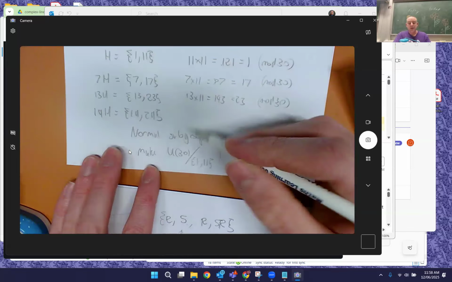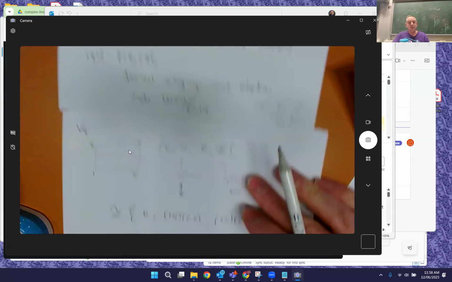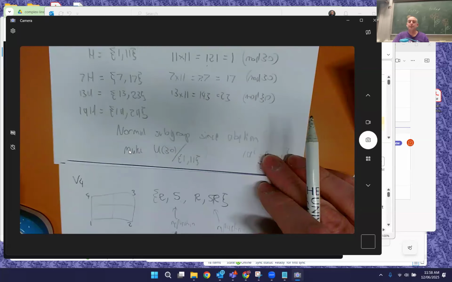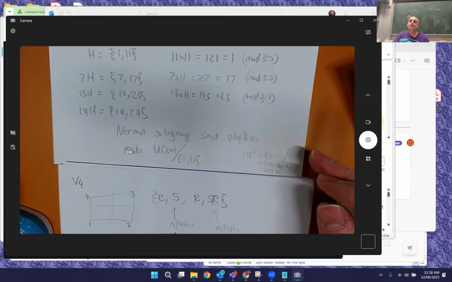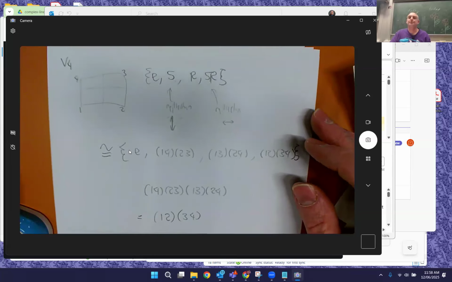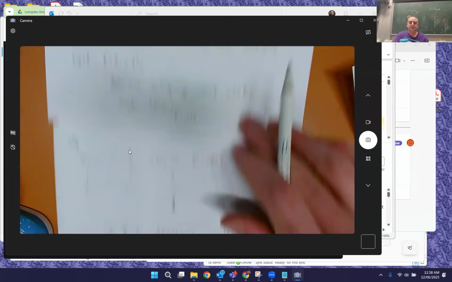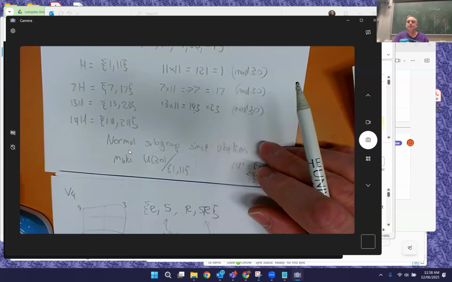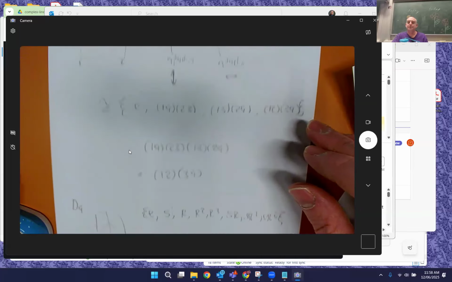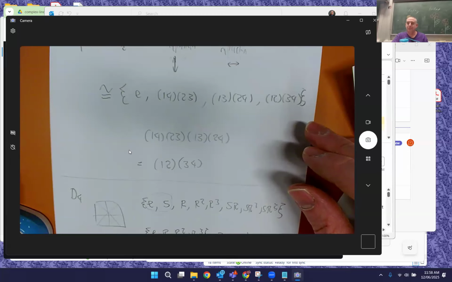That group, is it isomorphic to this group? Why not? I guess because